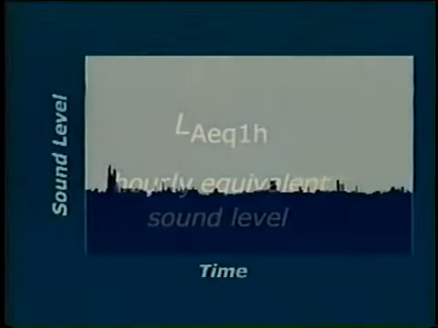To illustrate the equivalent sound level, we are first showing you the sound pressure level recorded at one location over time. This time history reveals peaks and dips caused by loud and quiet sounds during the time period. Now applying the LAEQ1H noise descriptor, the sound pressure level averages and the plot flattens out. This sound descriptor should be applied to continuous sounds, such as relatively dense highway traffic.